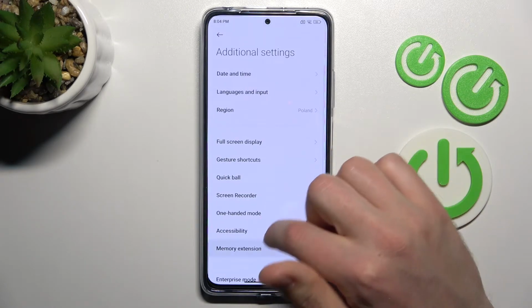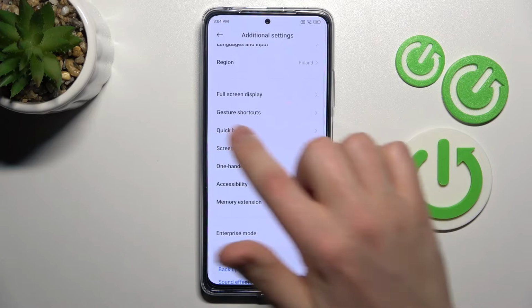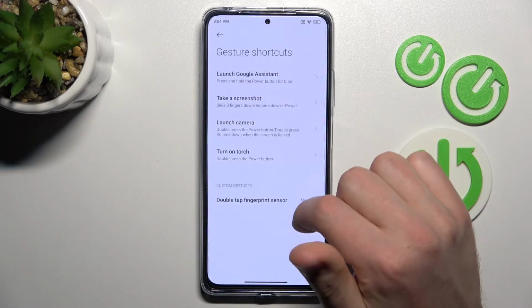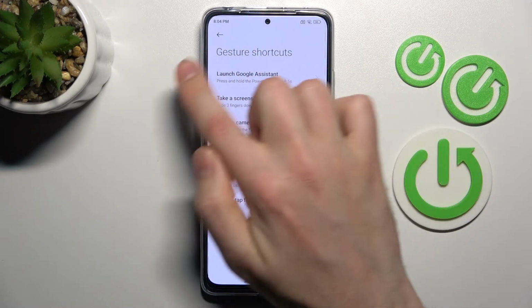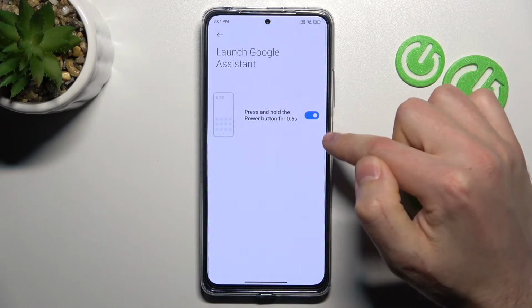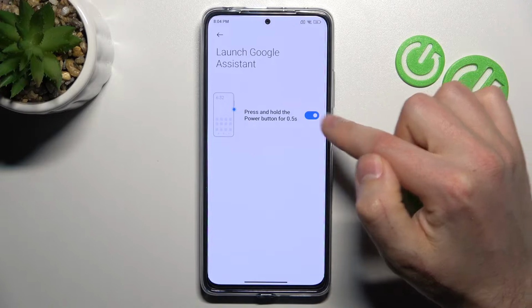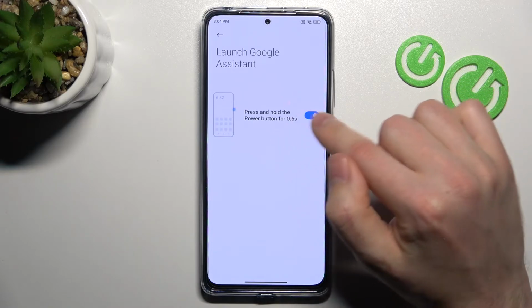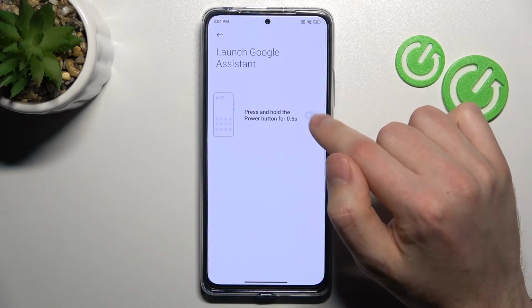Tap it, and here in this menu, choose Gesture Shortcuts option. And first option on the list will be Launch Google Assistant. Go into this option, and here we got activate this option, so for unlink Google Assistant from Power key, tap